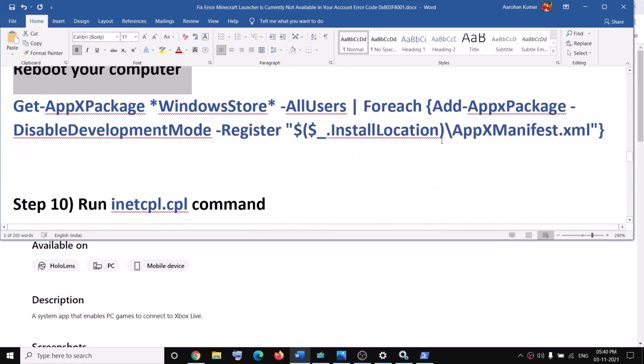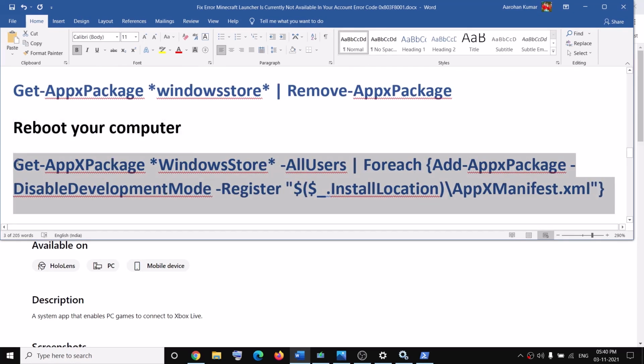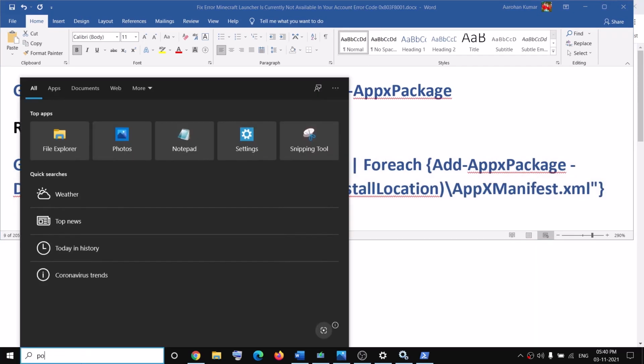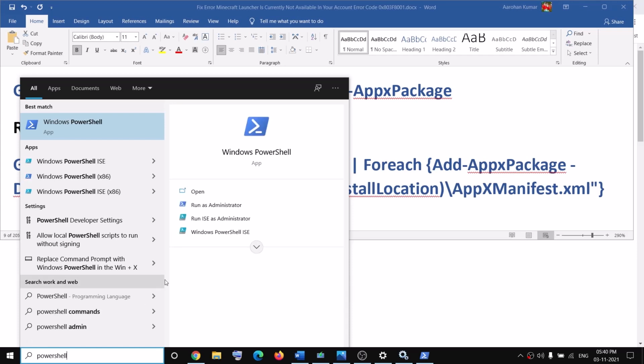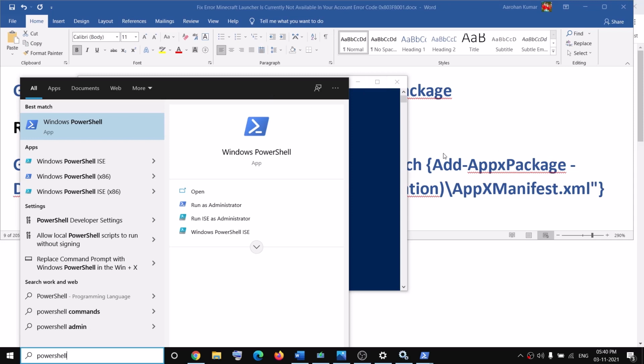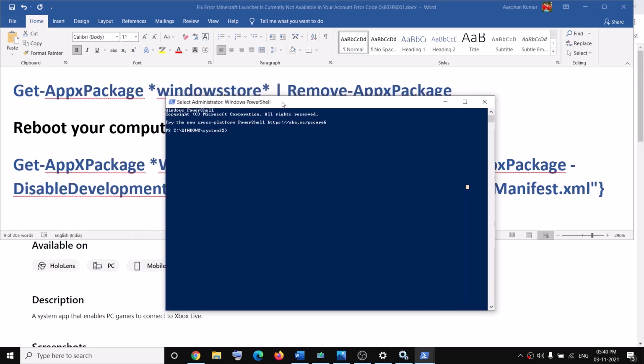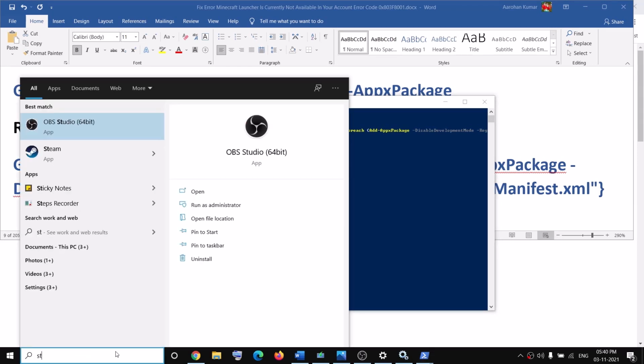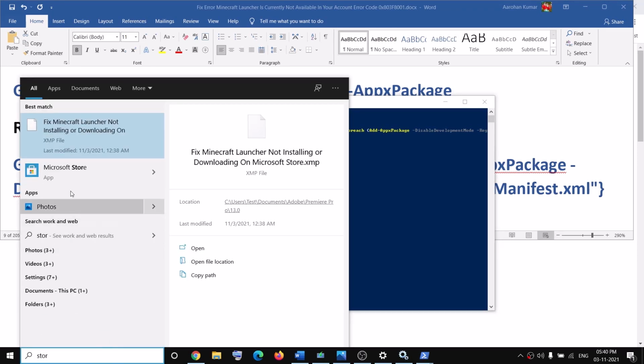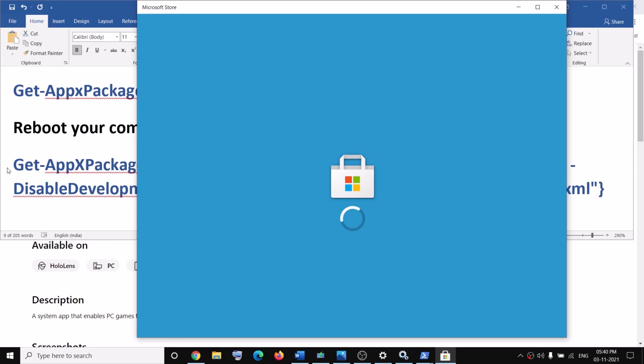So after the system restart, you can go ahead and open PowerShell once again. Type in PowerShell and then make a right click on Windows PowerShell, then click on Run as Administrator. Click on Yes to allow and then run the second command. Paste it over here, hit the enter key. This will go ahead and reinstall Microsoft Store. Now you can go ahead and open Microsoft Store on your computer and then you can go ahead and try